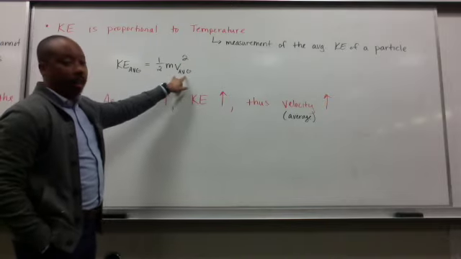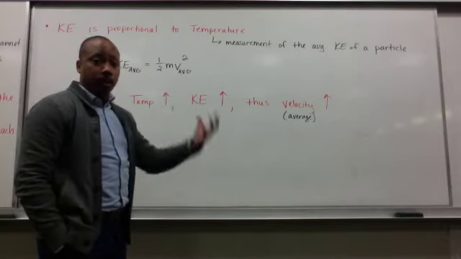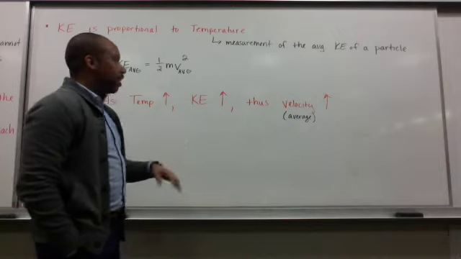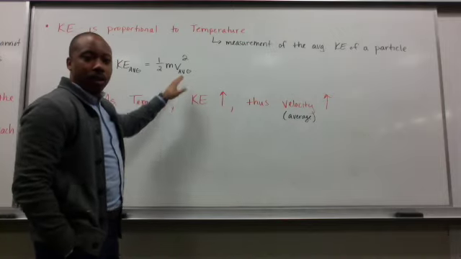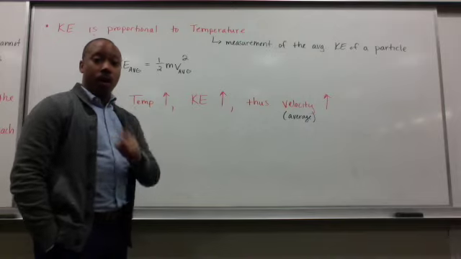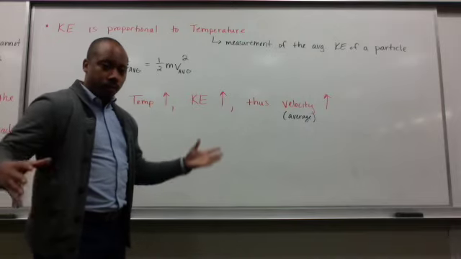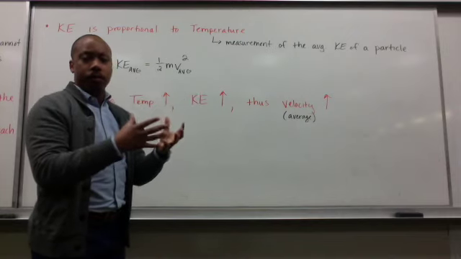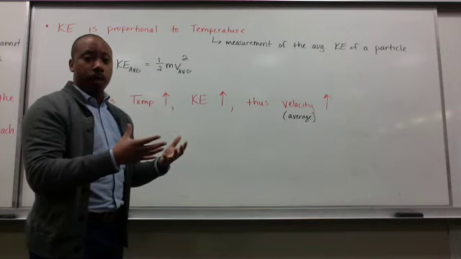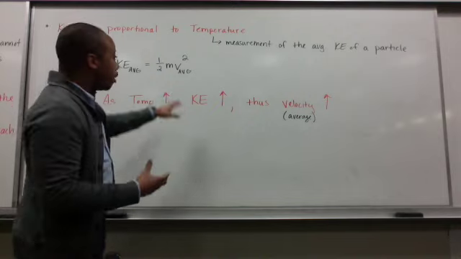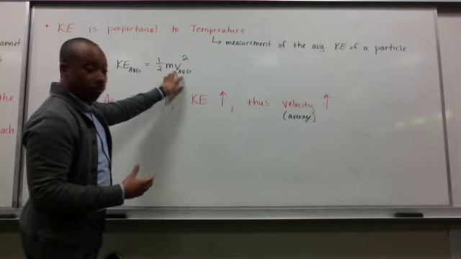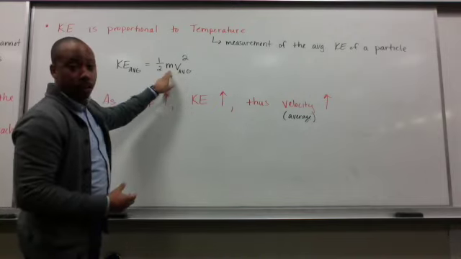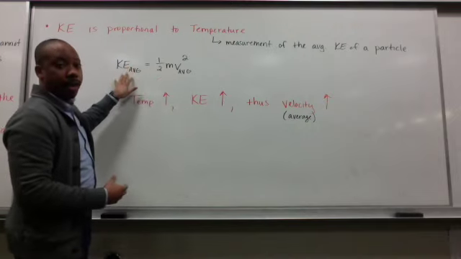This velocity is the velocity of the gas particles that are moving in that container. And it has to be an average velocity because we don't know the actual velocity of one particle. We can just get data to get the overall average of what the velocity of those particles will be. You have to keep in mind that velocity and the mass of the particle will determine our kinetic energy.